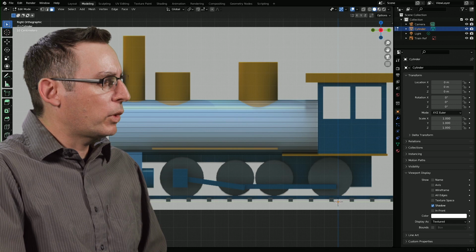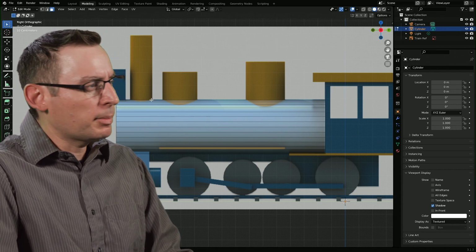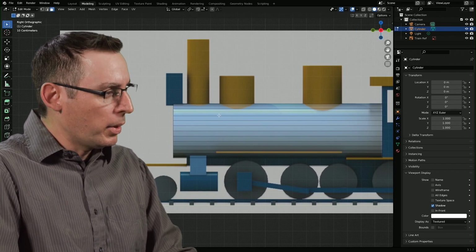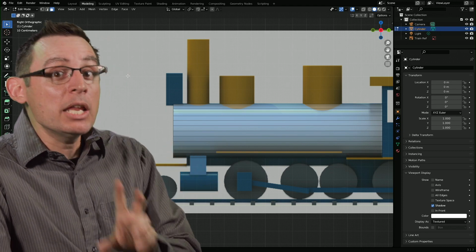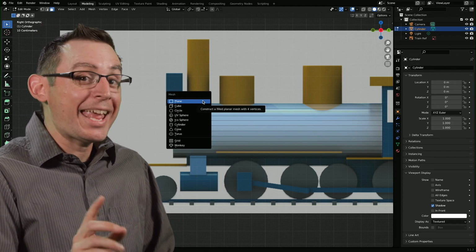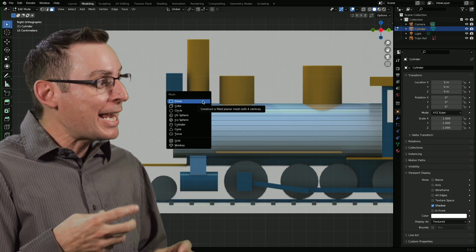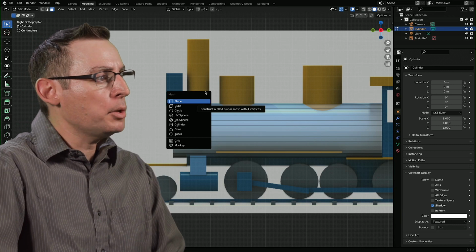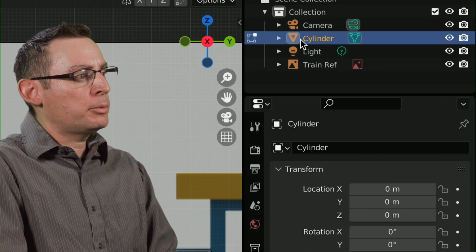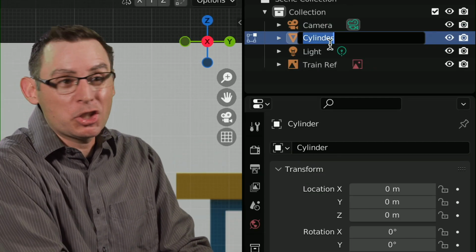And I think this over here, this cube, is supposed to be some sort of light. Now, I certainly could go in and add a new object, but check this out. Since I'm still in edit mode, Shift A doesn't add a new object. It adds a mesh shape into the existing object. Let me draw your attention real fast to the object that I'm currently working on. It's called cylinder. Let's just rename it train.